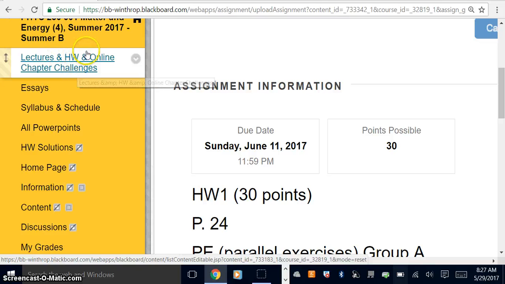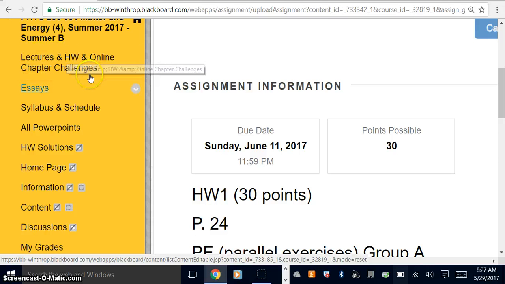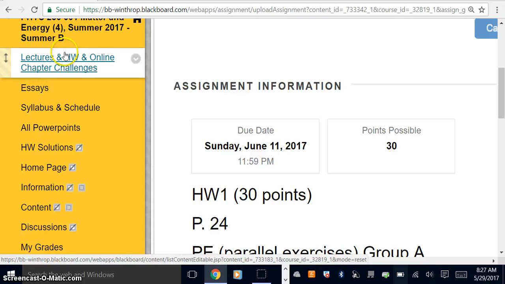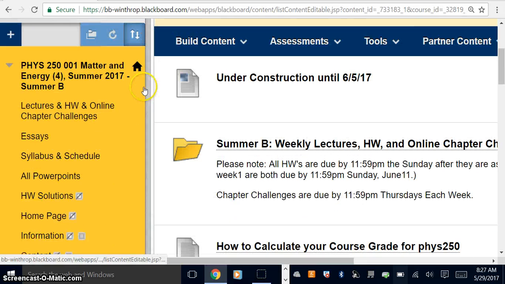Now you might wonder, and I'll just briefly talk about this, why is there a difference between the lectures and the chapter challenges? So the lectures, there's going to be a final at the end, and only the material that's in what I call the lectures is going to be on the final. The chapter challenges